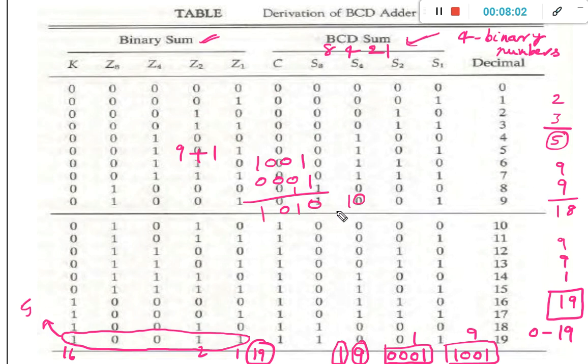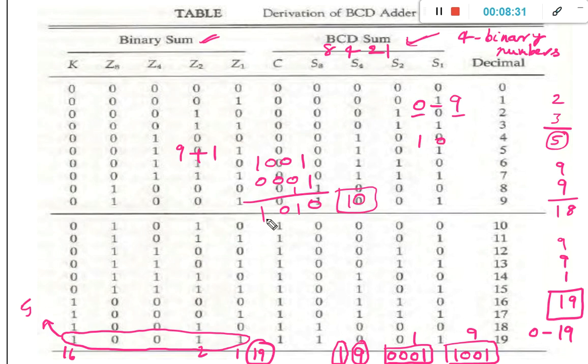Okay, but there is no BCD code for 10. BCD codes are available only from 0 to 9. That is very, very important. In the first chapter we discussed that BCD codes will be represented only from 0 to 9. So after 9 there are no BCD codes. We need to represent as individual digits. So representation for 1, representation for 0. Like this we need to represent.